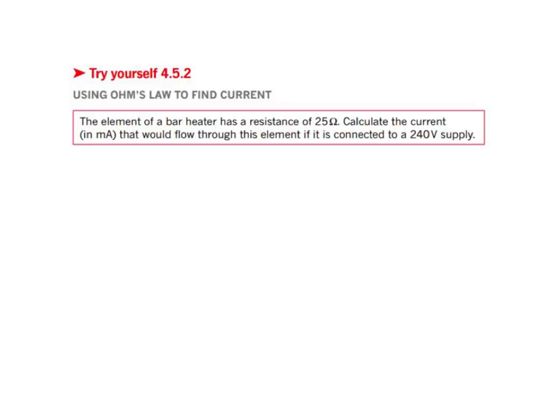Okay, so you're back. Let's try this. And so once again, in this particular case, we want the current in milliamps. So we put current is equal to voltage divided by resistance. That gives us a voltage of 240. We're going to be dividing it by 25. And if you put that into your calculator or work it out in your head, you get 9.6,